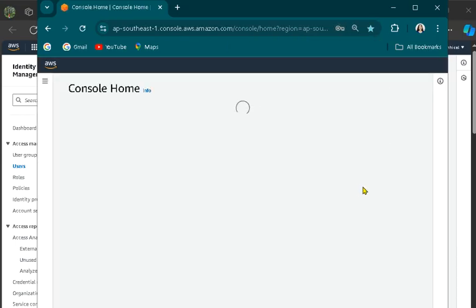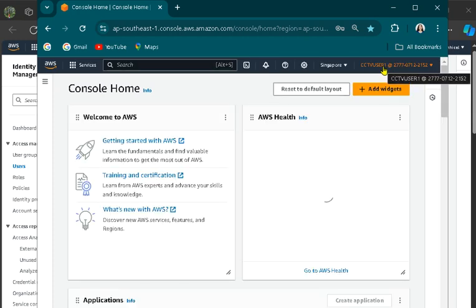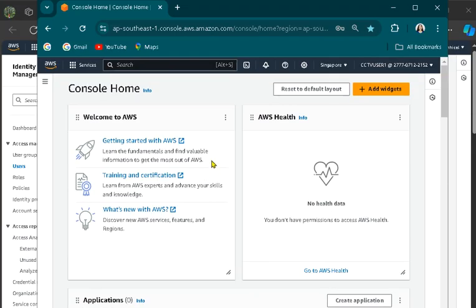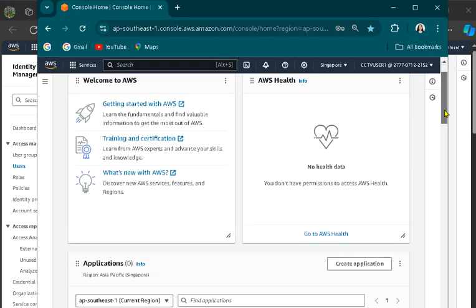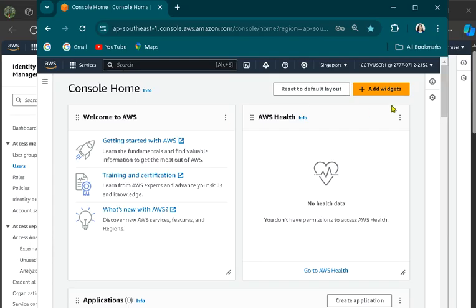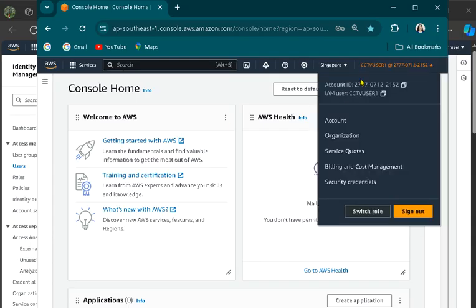See here, I already logged in as CCTV user 1. As you can see here, CCTV user 1.